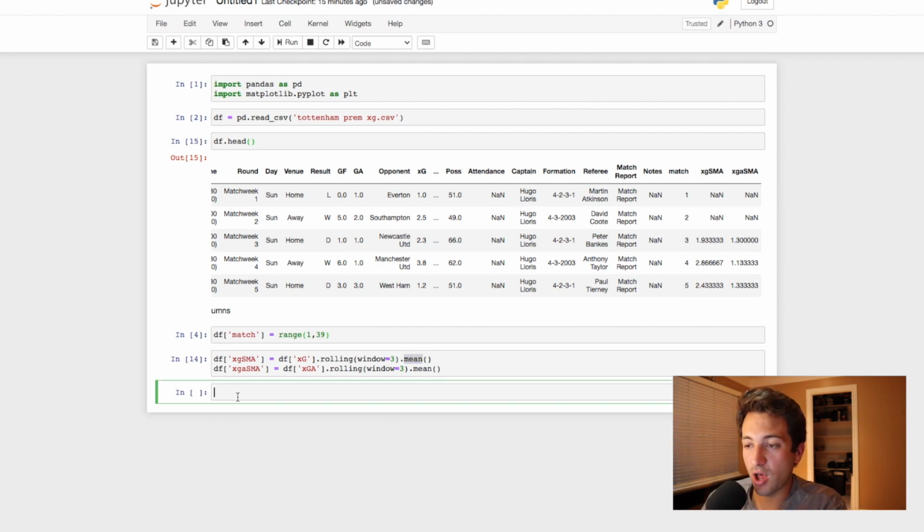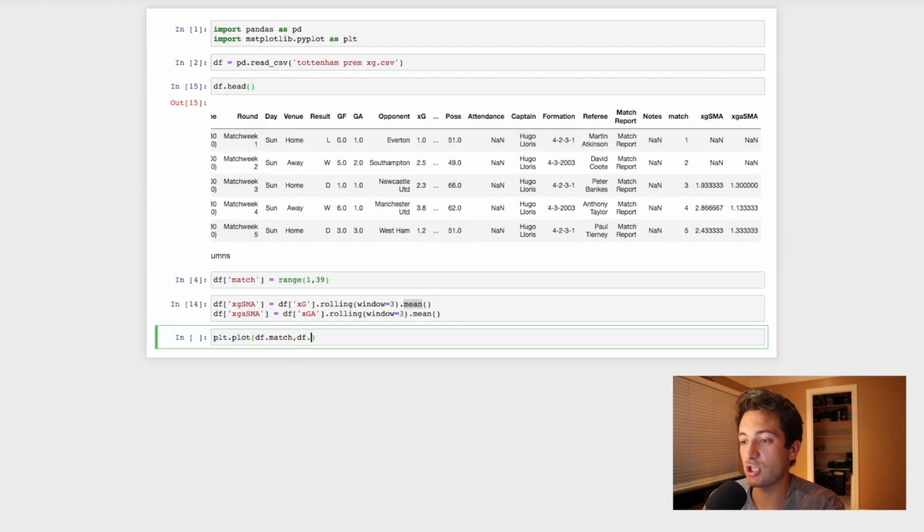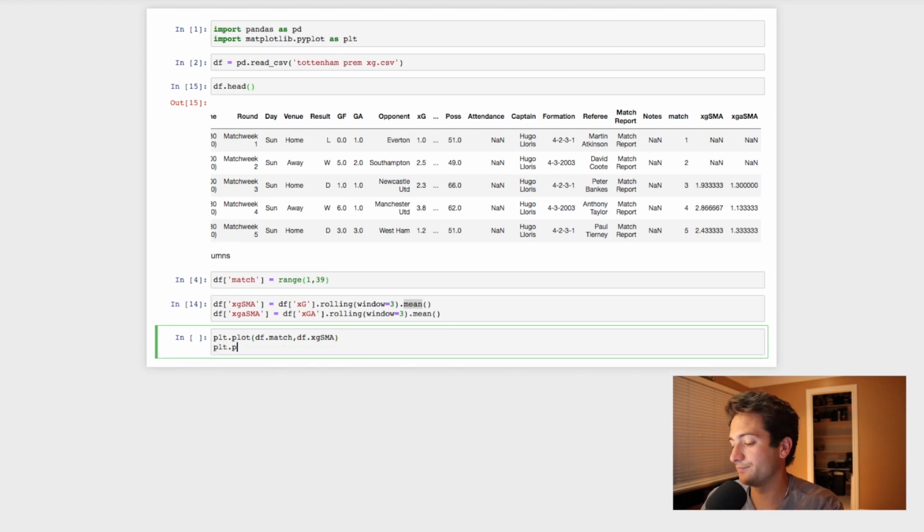Okay, so now we can just go ahead and plot it. It's pretty simple. All we have to do is use matplotlib. We just say plt.plot, and then we need to pass in our match, so match 1, 2, 3, 4, 5. We just want to say df.match, and then df.xgsma, and then we do another plt.plot, df.match, and then df.xgasma, and let's actually set the colors. We'll say color equals red for against, and then we'll do color